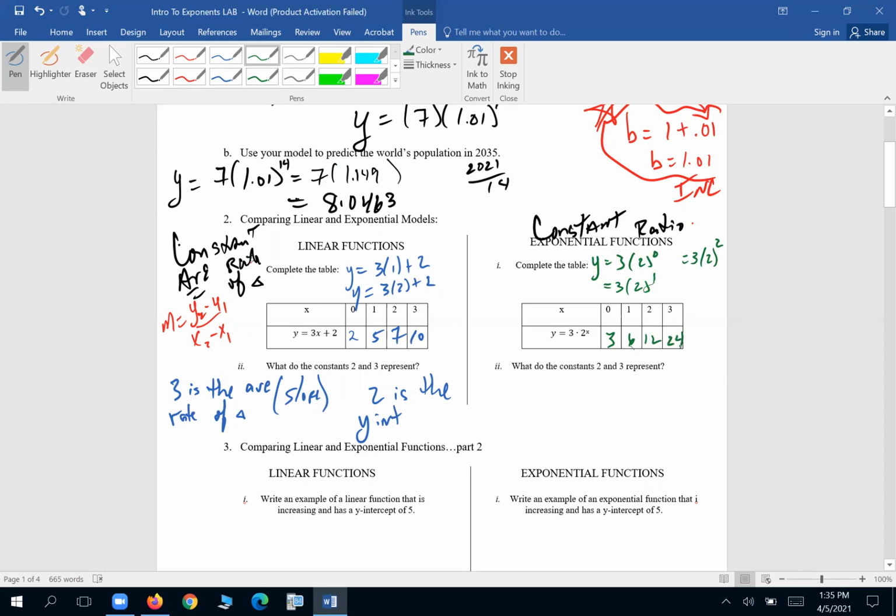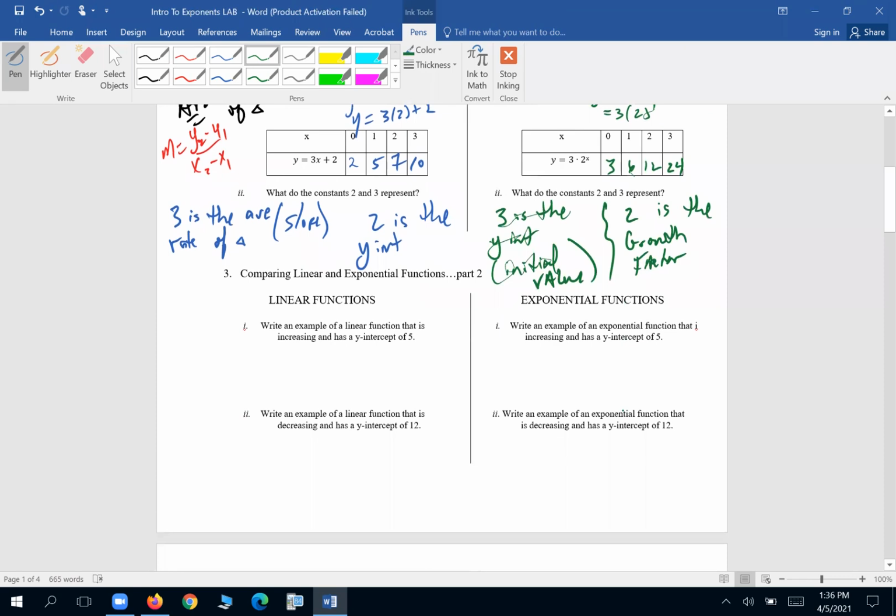And in this case, when I ask you on a midterm, if it's just numbers, you can say 3 is the y-intercept, or the initial value. And 2 is the constant multiple, or called the growth factor. Okay? So, as we keep munching up these questions, let's go ahead and do the next part of this